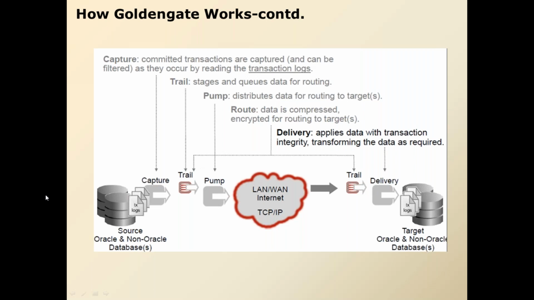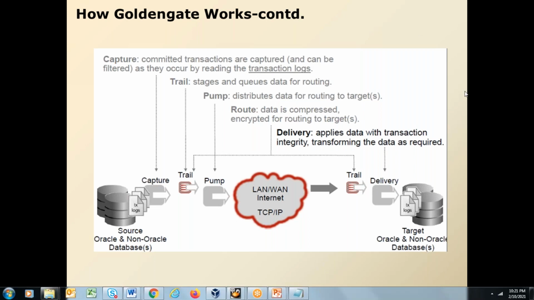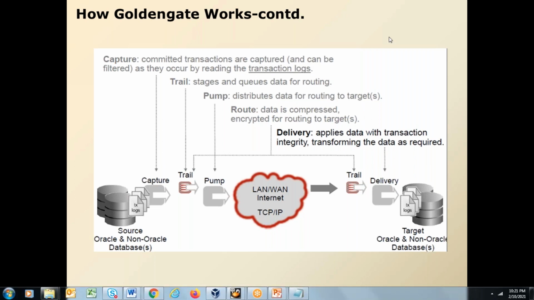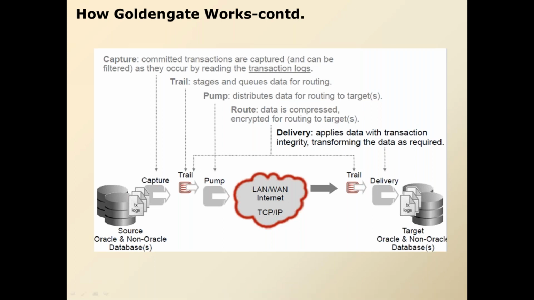So Oracle GoldenGate, you have a source database. The source database can be Oracle or any supported non-Oracle database. Similarly, the target could be Oracle or any supported non-Oracle database. Now, each database has its own transaction logs. In case of Oracle, these transaction logs are called redo logs or backups of redo logs. In case of other databases, let us call them transaction logs. Whatever changes you make to the database, those changes get logged into the database transaction logs.